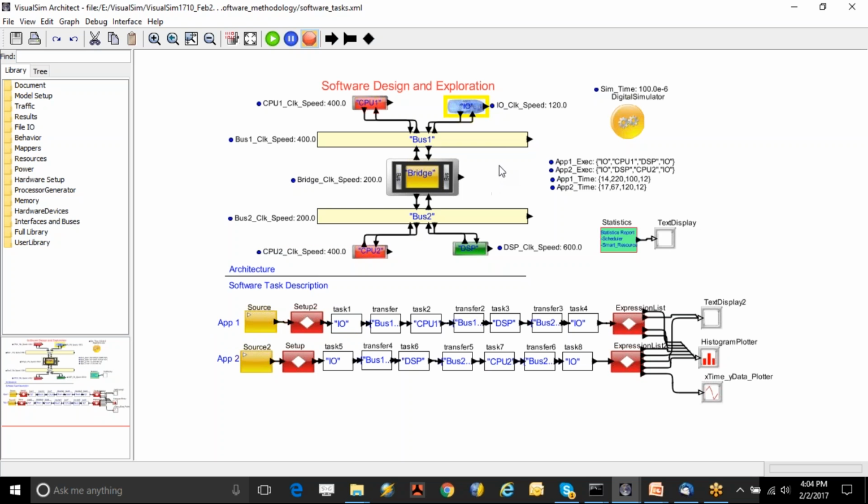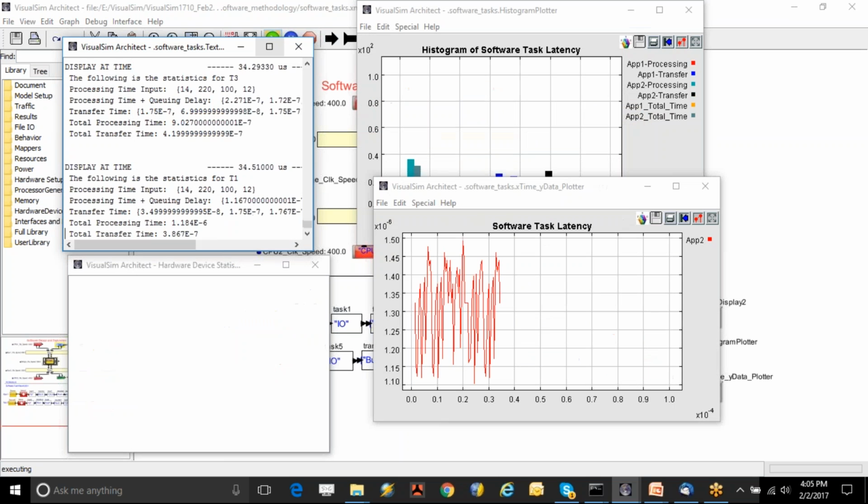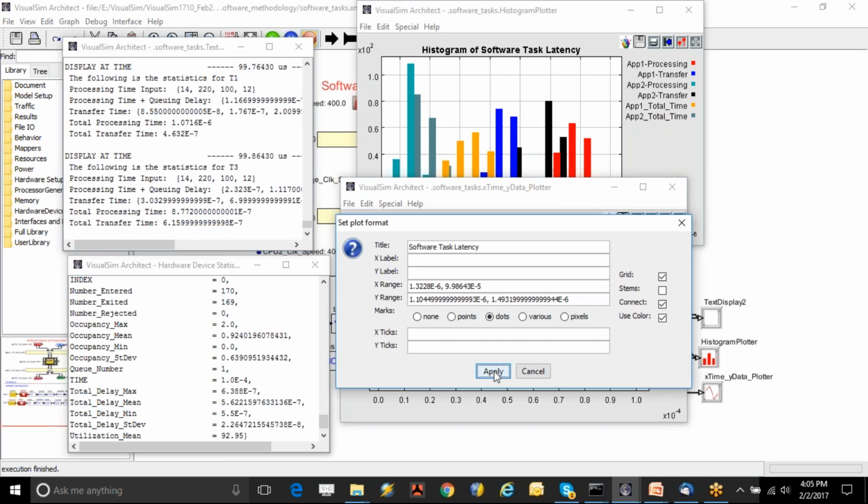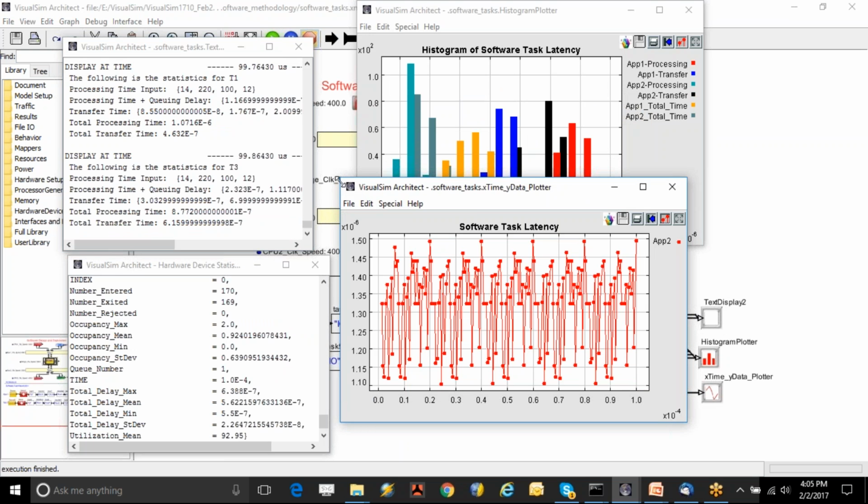So if you need more information, you can subscribe to our training program to gather more information on the terminologies that we use. So here what I'm going to do is run the model to try to understand what is the end-to-end latency that I'm getting from the applications that I'm running. So here I can see that my end-to-end latency capture for application 2 is about 1.5, and